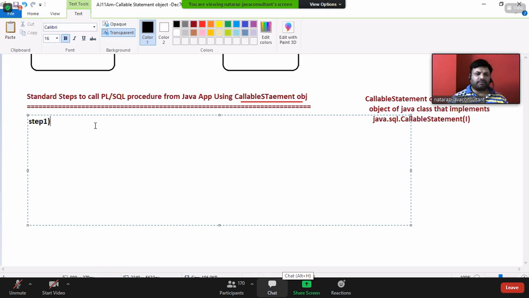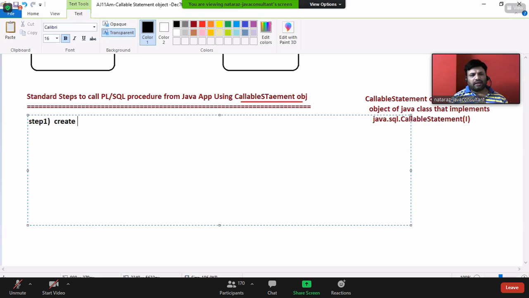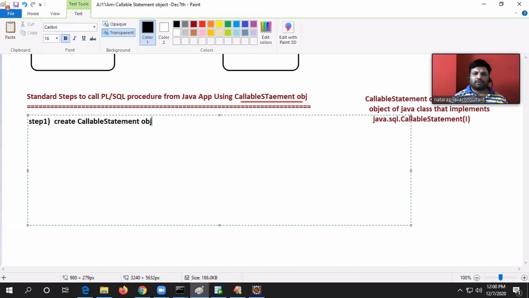What is step number one? Create callable statement object. Prepare query. Calling PL SQL procedure